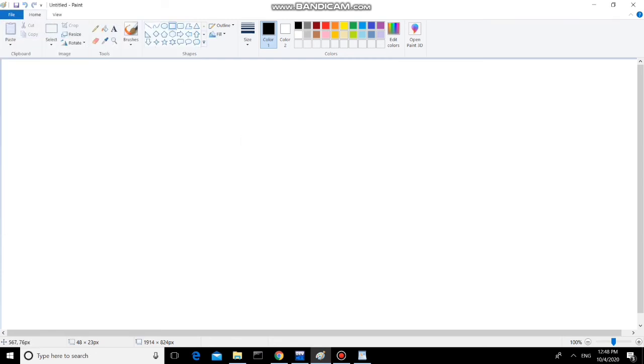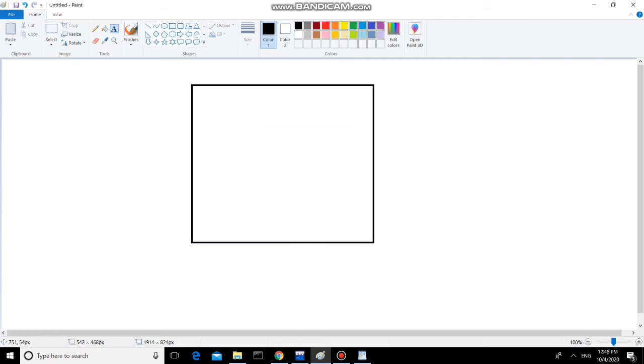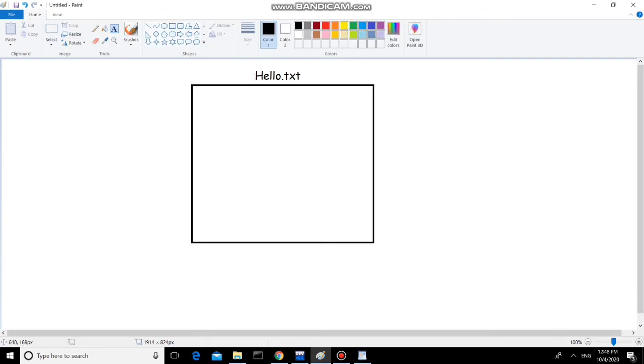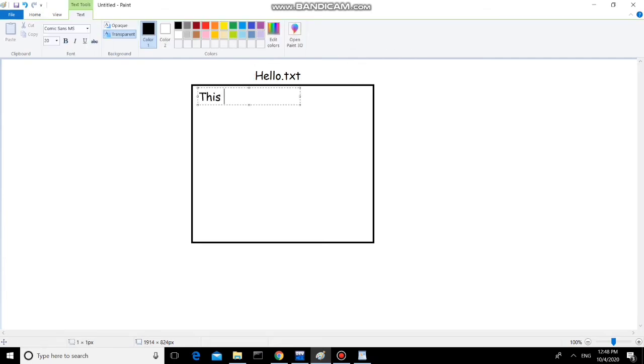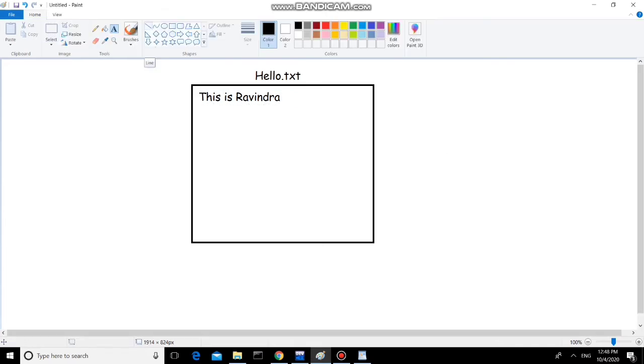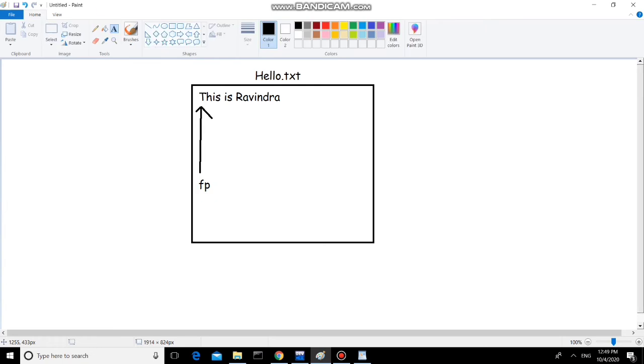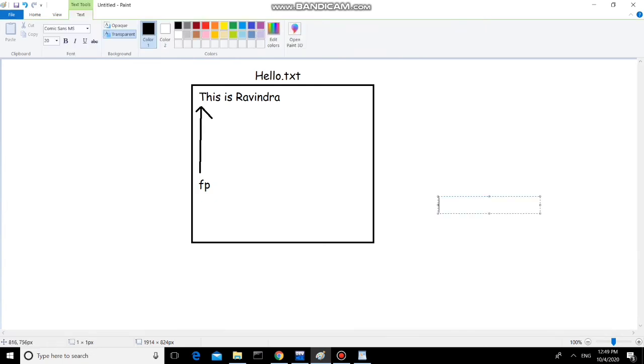Consider this is your hello.txt and these are the contents. Your fp is pointing to the first character of the file. That is a file pointer and it is pointing to the address of the first character.